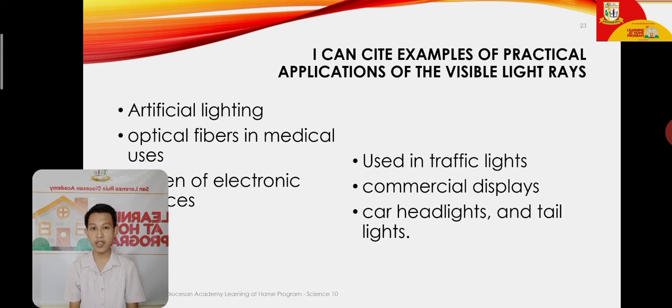Pangalawa, optical fibers in medical uses. Okay? Hindi na nga lang yung optical fibers ay ginagamit sa medical uses, but also sa internet connection, meron na din tayong ginagamitan ng optical fibers. Mabilis kasi mag-travel yung visible light. So, kaya siya ginagamit. So, yan din, kasama electronic appliances. Okay? Yung mga light ng electronic appliances used in traffic lights, nabanggit ko na nga, commercial displays, car headlights, and taillights. So, lahat ng uri ng lights na nakikita natin, it is the effect or the uses of the visible light. Okay? Next one,